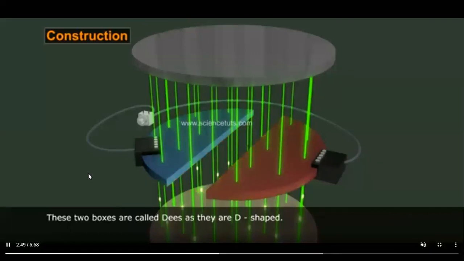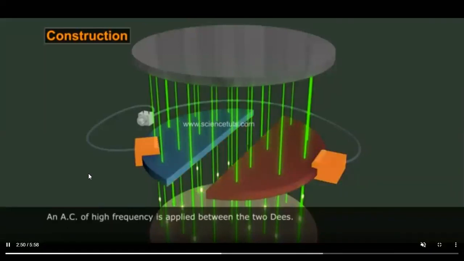Now observe what is going to happen. The D's are connected to certain polarities, right? As of now, nothing is mentioned, which is positive and which is negative. Have this point in your mind. Read the point given below. An AC of high frequency is applied between the two D's. Why alternating current is applied, I'll explain to you. But before that, you should have one point in mind. It is the D's which are being given the potential difference. One will be positively charged and the second negatively charged, with alternating polarities. At what time do we need to reverse? We have to think about that.